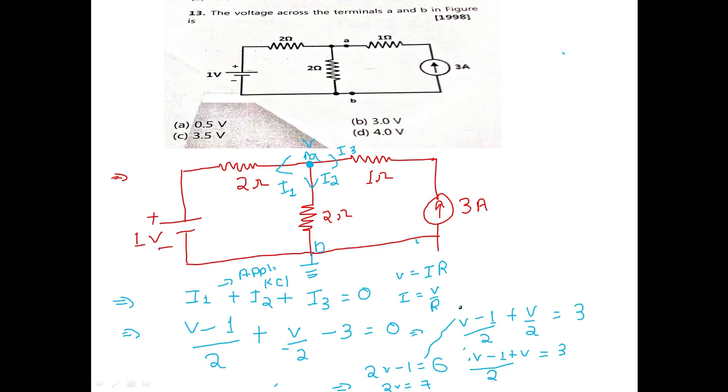Now if we look over here, twice of V is equal to 7. So we can calculate V is equal to 7 by 2, that is 3.5, or we can say 7 by 2 or 3.5. So this is our required answer. So V is equal to 3.5 volt is the answer of this required problem. So in this way we can calculate the voltage across A and B by using nodal analysis.